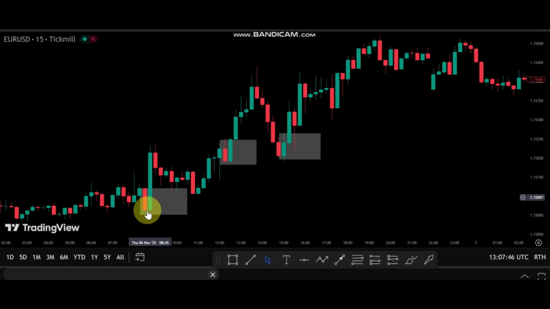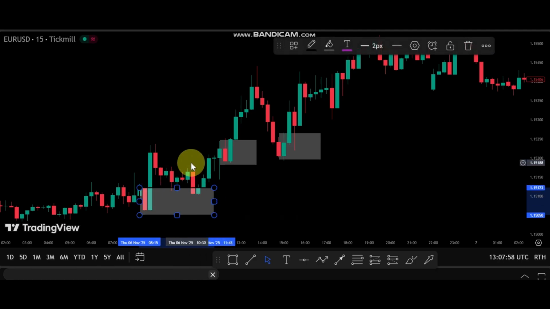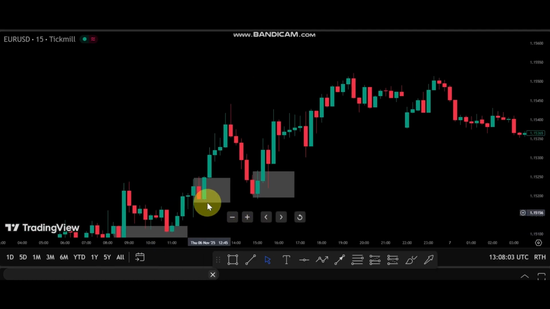So just like I've said, this is a large impulsive green candle in an uptrend. The small red candle before the green candle is an order block. As you can see, I've drawn it out. This is the order block. And see, price retraces to test the order block before going upward. In this other place too,